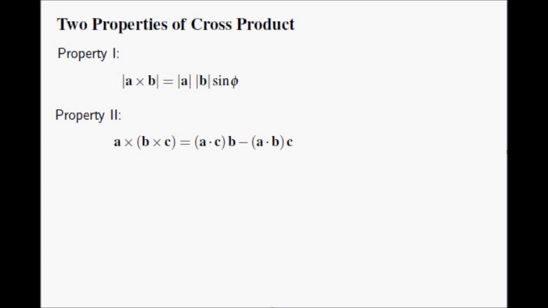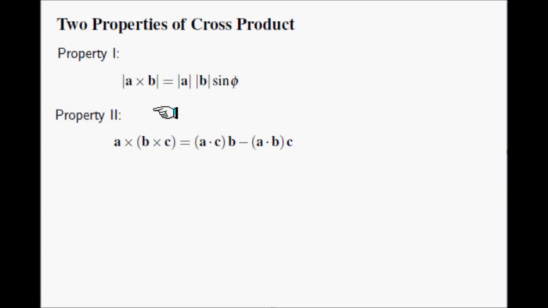The second property shown here is called the triple product, and it is an important formula for the geometry of physics. And in my course I use this formula for the curvature of a space curve and for Newton's universal law of gravitation. Before we move on to the details of this property, let me say a few things about